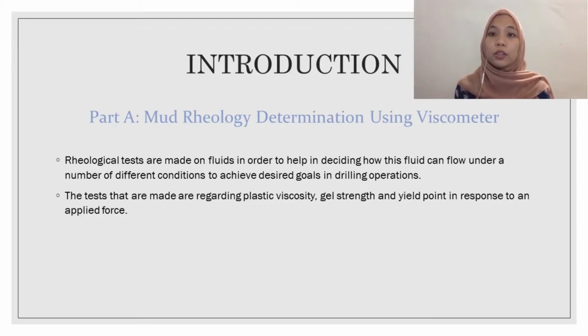For introduction, there are two parts in this experiment, which are part A, mud rheology determination using viscometer, and part B, determination of marsh funnel viscosity. For part A, rheological tests are made on fluids in order to help in deciding how this fluid can flow under a number of different conditions to achieve desired goal in drilling operations. The tests that are made regarding this are plastic viscosity, gel strength, and yield point in response to an applied